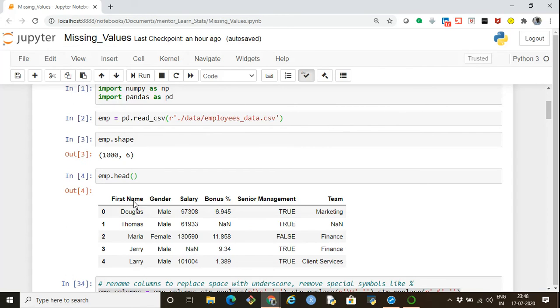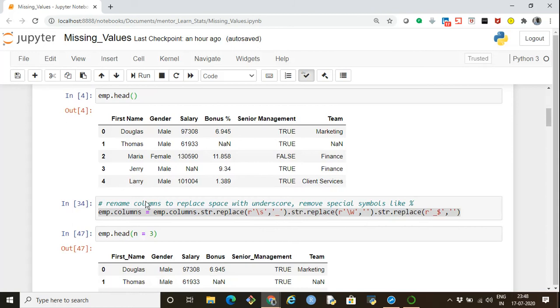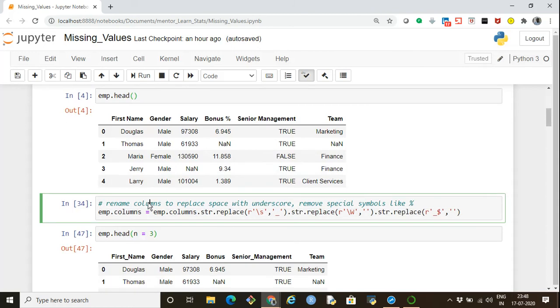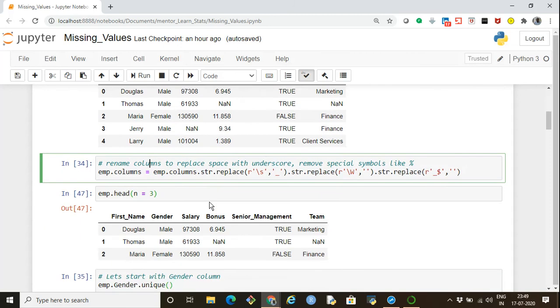Now the first thing I'm trying to do is renaming the columns. The column headers have spaces and there is a presence of this percentage symbol. So I'll replace all the blank spaces present in the column header and any special symbol. So how do I do this? We just say